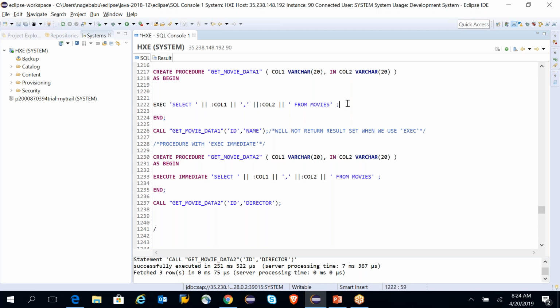Suppose one admin came to you and he wants to do something on a particular time frame. So he wants to update some 10 records. So execute immediate when you construct it dynamically. This is just for a retrieval. If you want to update some records also, you can construct